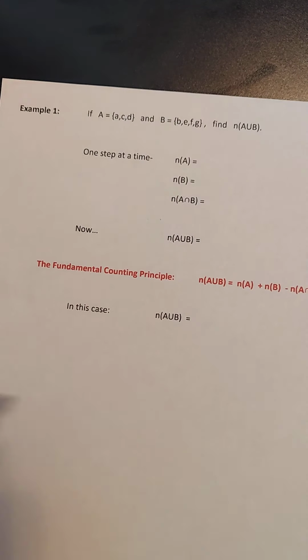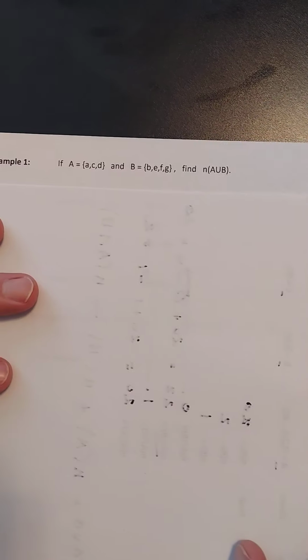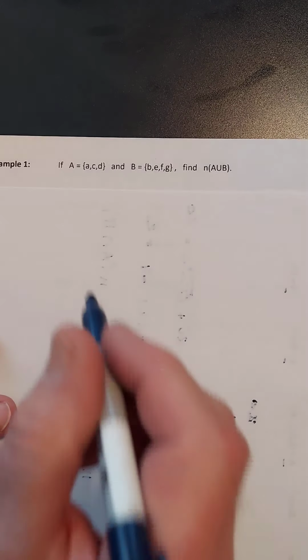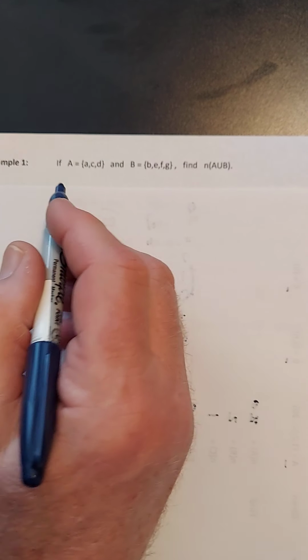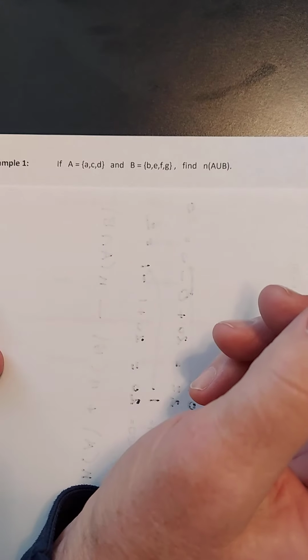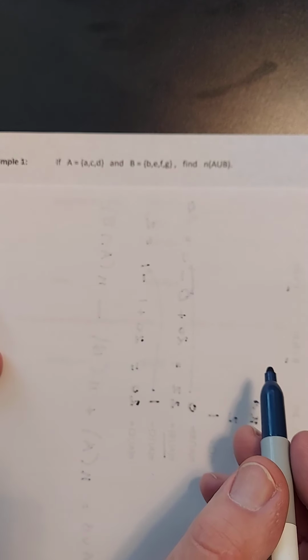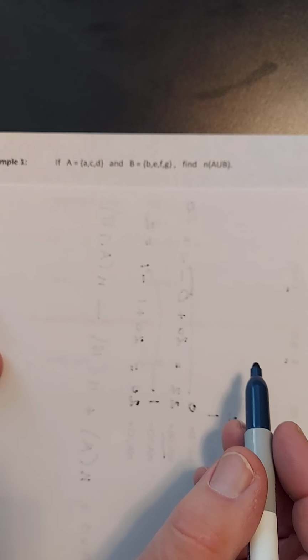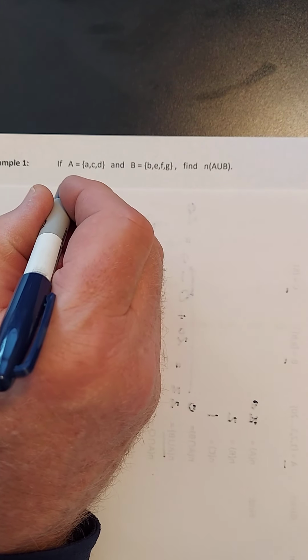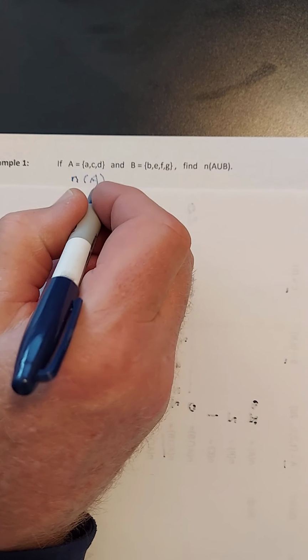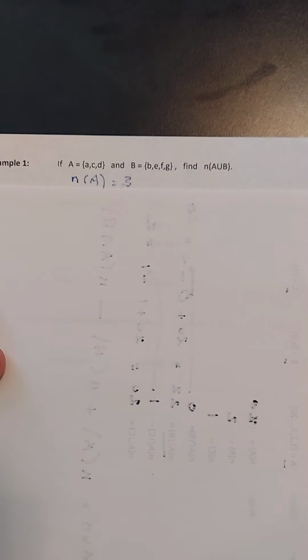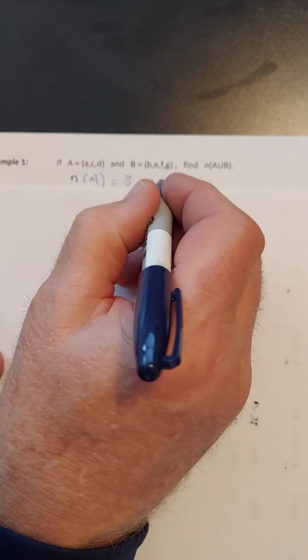Now, let's say you're given this problem here. This says the elements of A are A, C, and D, and the elements of B are B, E, F, and G. And we want to find the number in A union B. Okay, so we can look at this and say the number in A is equal to 3, and the number in B,